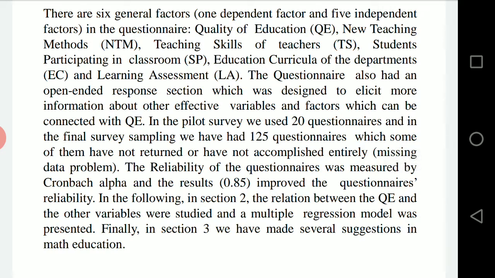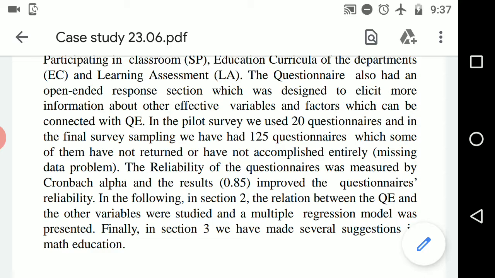In the pilot survey, we used 20 questionnaires, and in the final survey sampling, we had 125 questionnaires, some of which were not returned or not completed entirely, a missing data problem. The reliability of the questionnaires was measured by Cronbach's alpha, and the result of 0.85 confirmed the questionnaires' reliability.